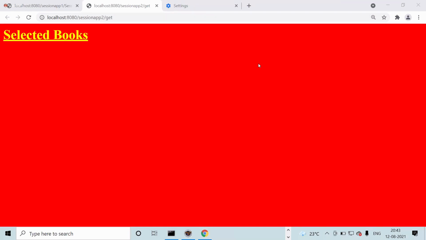Now, what are your doubts? Tomorrow we'll see the continuation. The default cookie code need not be written in this program. The default is automatically written, because for the HTTP session tracking method, we can implement two ways. The default method is cookie. Cookie code we didn't write, but it will work with cookie code only. URL rewriting is not completed; HTTP session with URL rewriting in tomorrow's class.